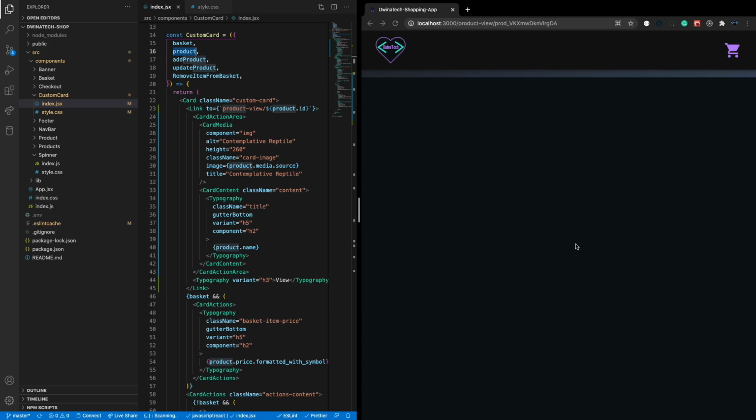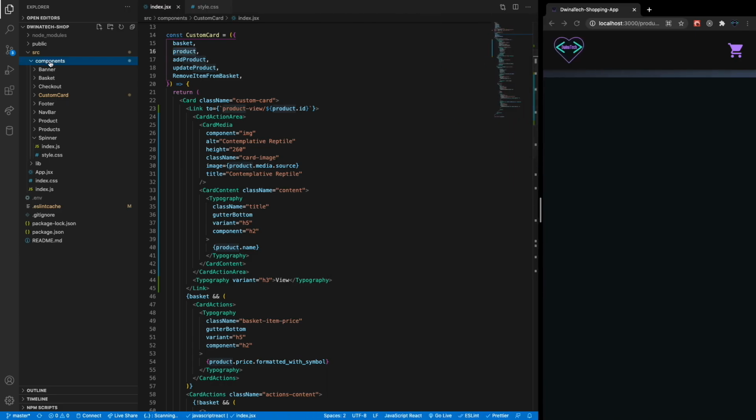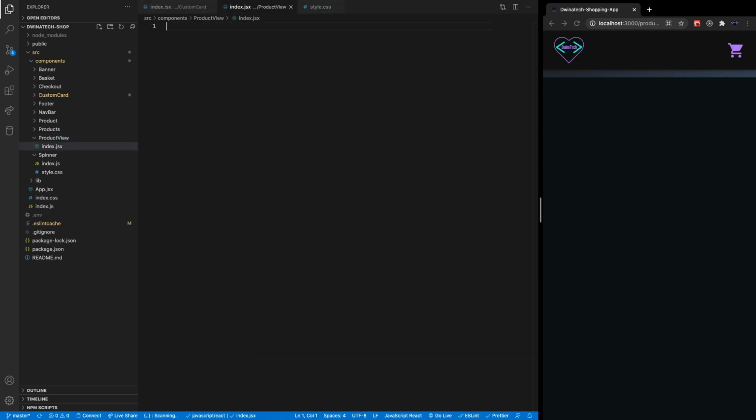But now we need to create the component. When we redirect to this area, then we can see the actual content or the card contents. So we can go back and let's create our component. So here inside components, let's create another directory and call it just product view, and hit enter. And inside, let's create an index file and another style file, and inside this index, let's create a dummy component,